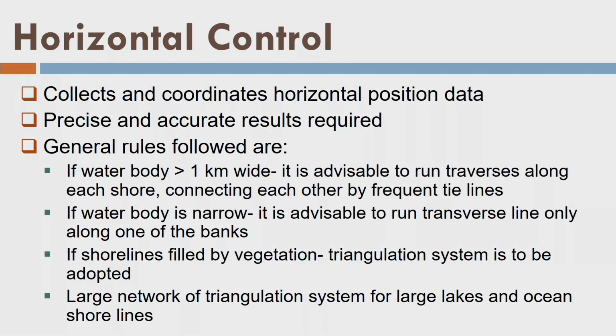Okay. Then what are the general rules we should follow? The first rule is, if the width of the water body is more than 1 kilometer, okay, so in that case what should you do? Okay, let us say there are two shorelines on one bank and another bank. So, there are two banks and we have two shorelines, and the overall width of the water body is more than 1 kilometer. Fine. So, what do we recommend? That we should conduct the survey from both the sides. That means we should draw the lines from both the sides, and we try to conduct the survey.